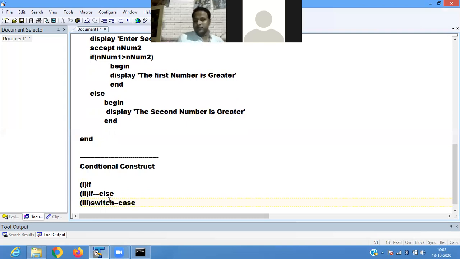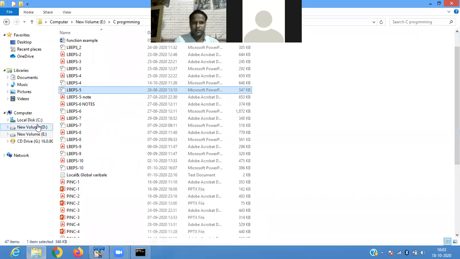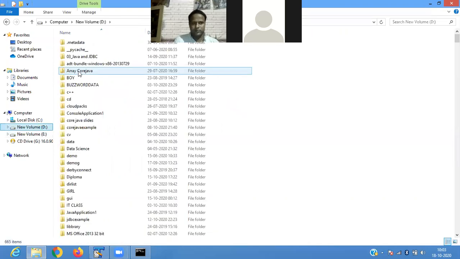So these are the three parts we're using for conditional checking. Now I move to that part.